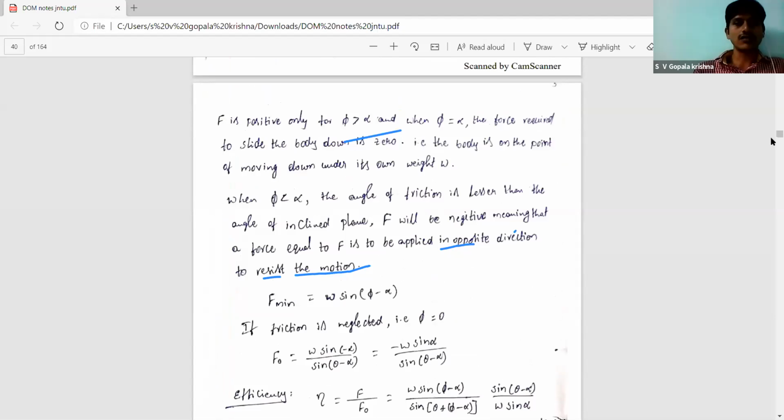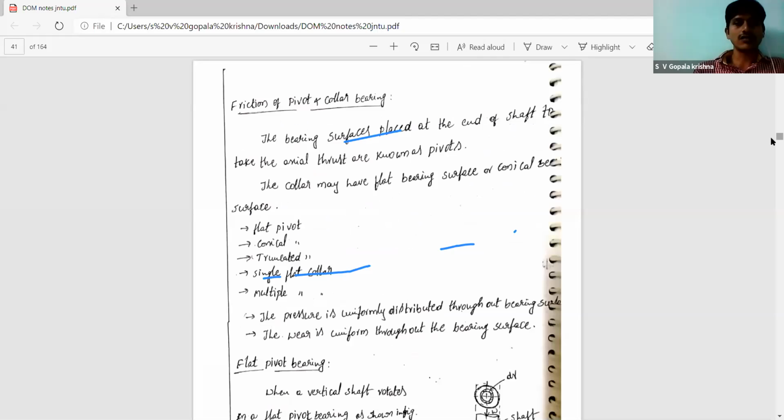We will try to make the particular relations. Those are very easy, so that's why we are not discussing them here. They are already covered in our engineering mechanics chapter, from the engineering mechanics point of view. That's why we are neglecting them right now. Now we are going to take another chapter.